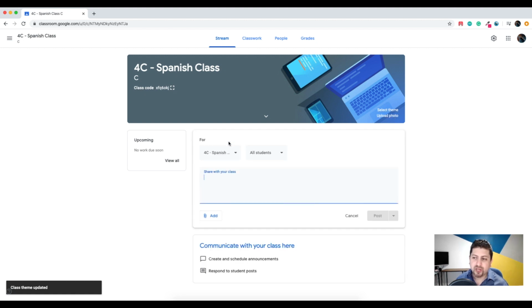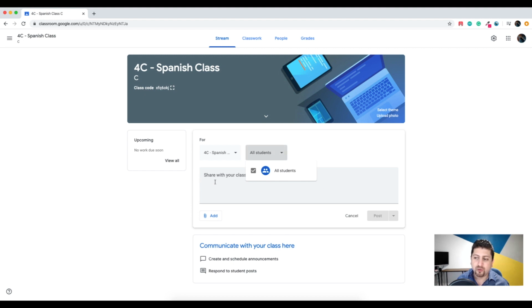Now this part right here helps you communicate with your class. You can share something with the whole class, or you can choose specific students. And in this example right here, I don't have any students signed up, but otherwise it will allow me to choose different students. So you can type your message here